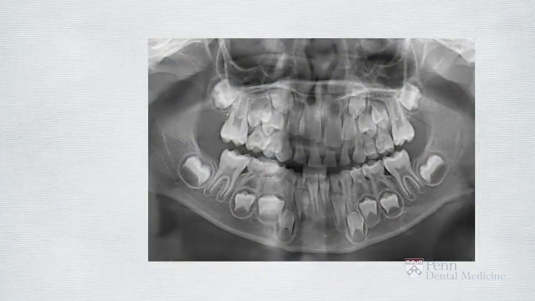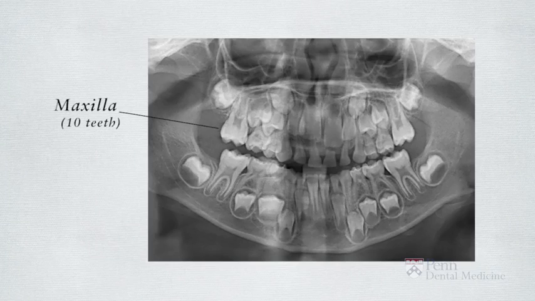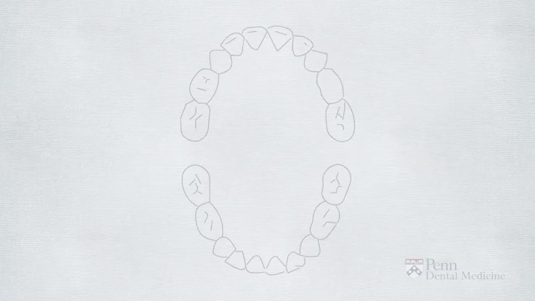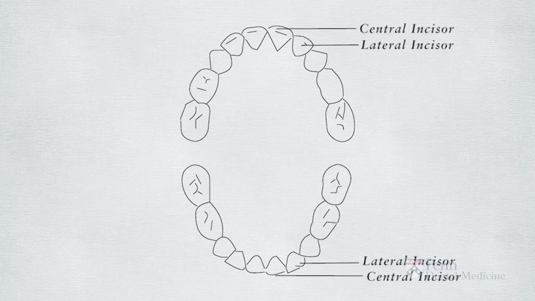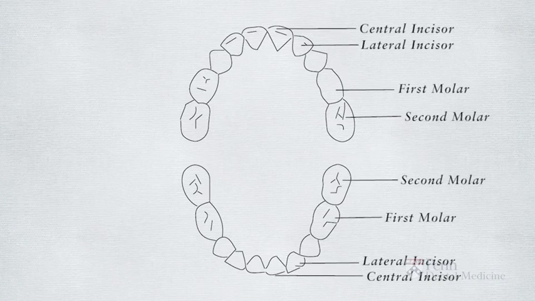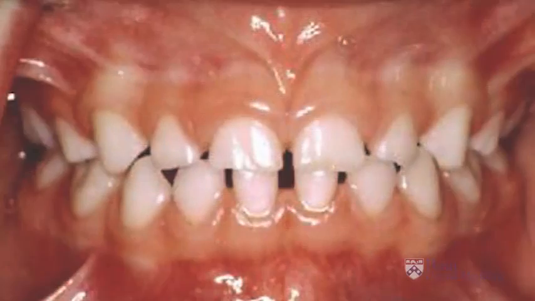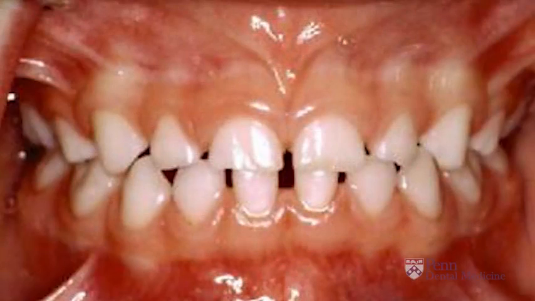Among primary teeth, there are 20 of them, 10 in the upper jaw, known as the maxilla, and 10 in the lower jaw, known as the mandible, a total of 20 teeth. In primary teeth, there are two types of incisors. These are the front teeth, centrals and laterals, and two types of molars. These are the back teeth, first and second. All primary teeth are normally later replaced with their permanent counterparts. The primary teeth are significantly smaller than their permanent counterparts and are usually characterized by large interproximal spaces visible in